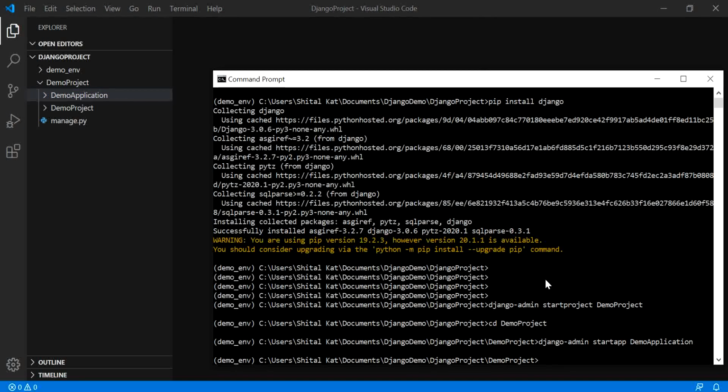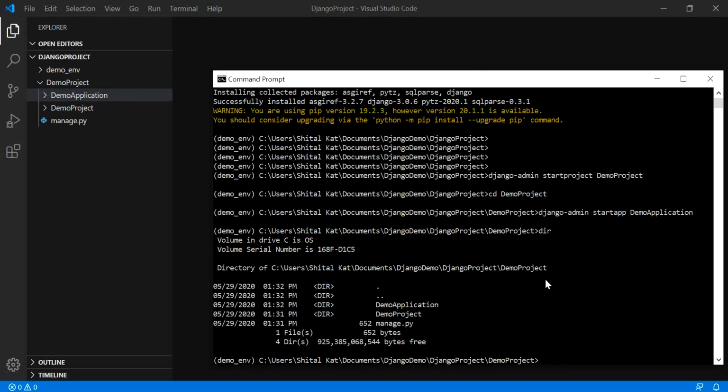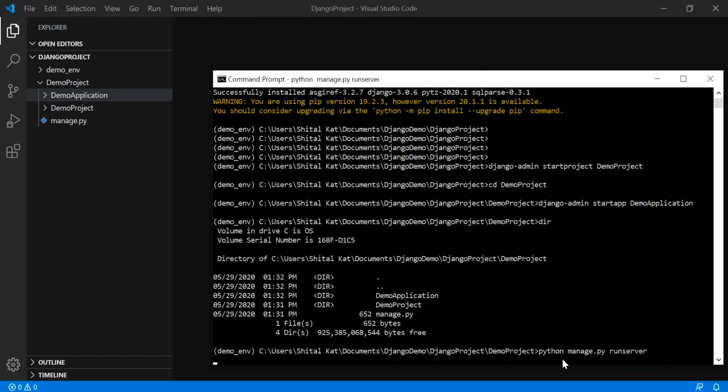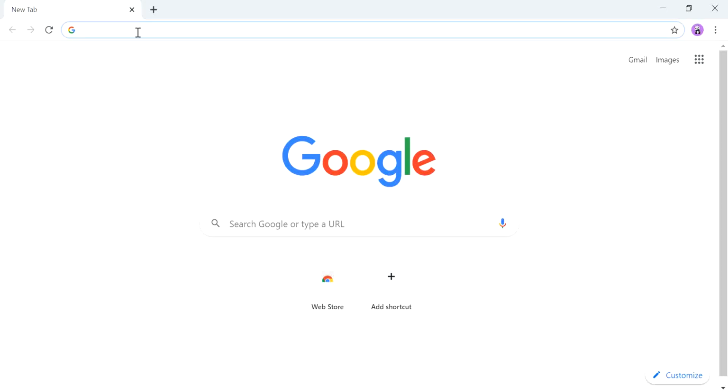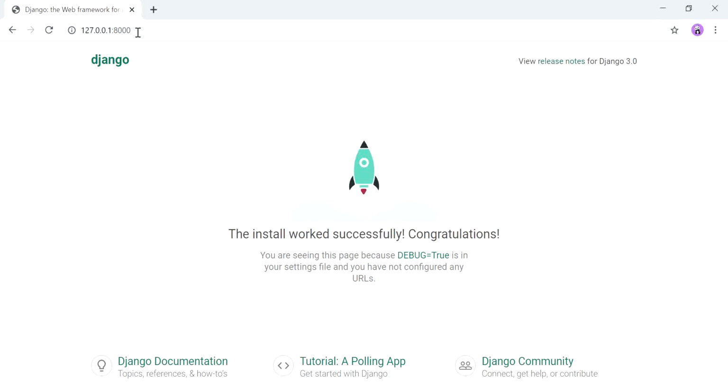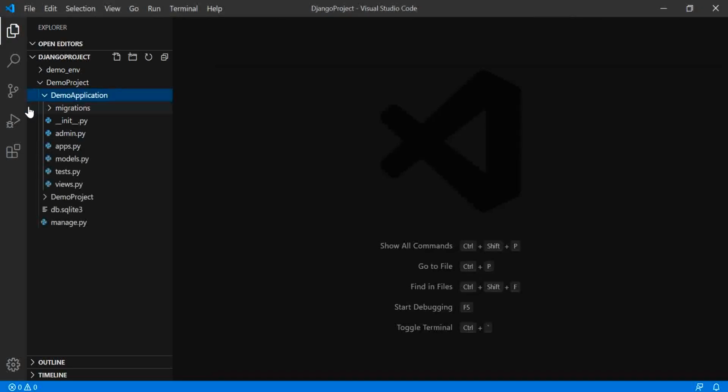So now we run the project using the runserver command from manage.py. Congratulations, the application is deployed successfully now. This is Django's default homepage. Now we will customize this homepage. Go to the Django app, views,